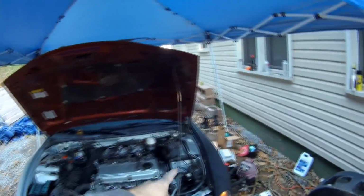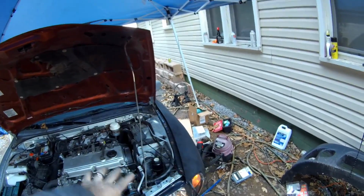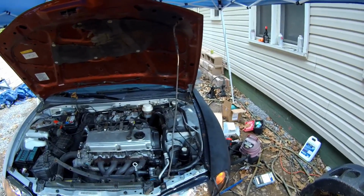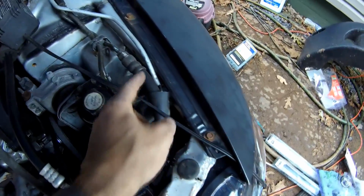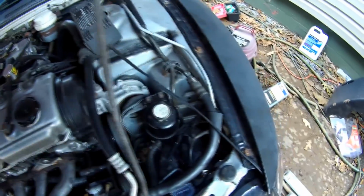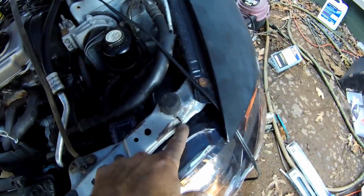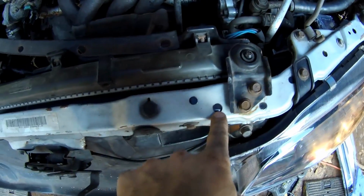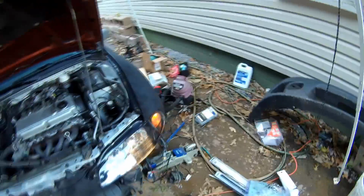In all reality, what should have happened with this is that apron should have been replaced on this side. It was crunched pretty good, but the damage didn't get back to the motor mount. It's crunched right here, and then the motor mount and everything is straight. It got crunched down in here. You can see there's still a little bit of damage right here, but the new core support's underneath. You can see it through these holes, and it's bolted in. The headlight is bolted in now,